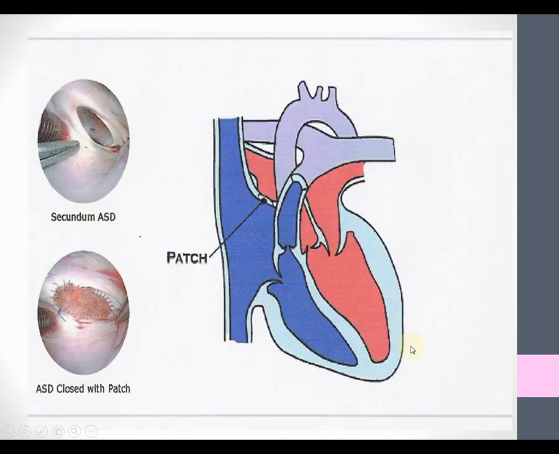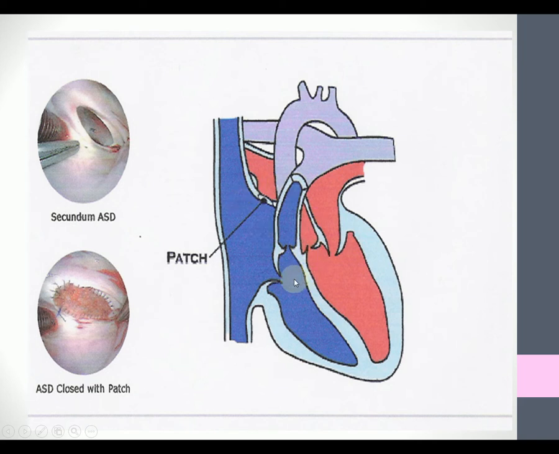And to fix it, again, is a simple fix. A lot of children reach adulthood and never know that they have an ASD or a PDA, because it doesn't have that cyanotic effect. It's acyanotic. The only thing is that later on, if it doesn't get fixed, depending upon how big the defect is, they may start having clinical manifestations